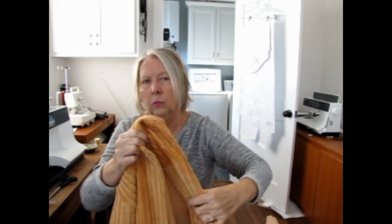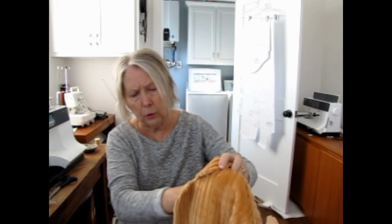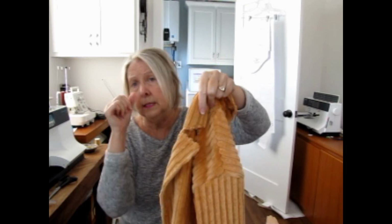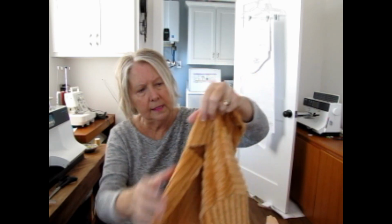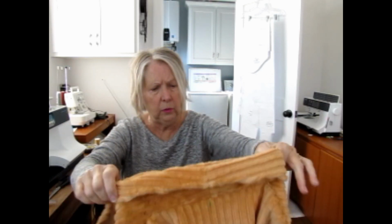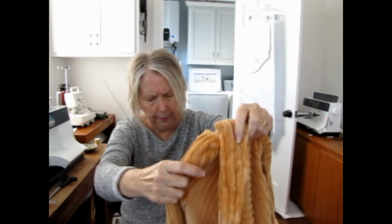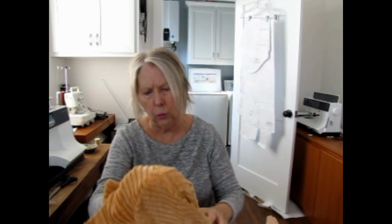The first time I did it on one side, I don't know what I did, but I cut through it and I had a hole in the fabric, but it was easily fixable. I just made the cut deeper and it worked fine. So everything was good, no problems. It has 2 patch pockets on the front. I do think that the patch pockets need to be lower, and I'll try it on and show you. But the biggest issue was when I laid...